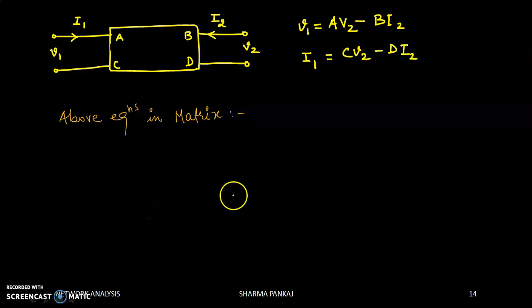That is, see this V1 and I1 is at the output of this equation. That is, the value of V1 and I1 is actually depending upon the value of V2 and I2. It is true for both equations. So it will be V1, I1